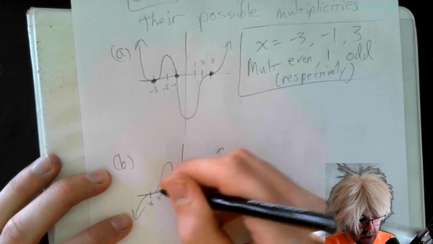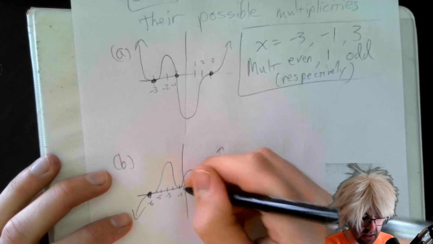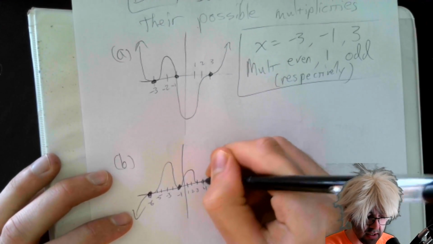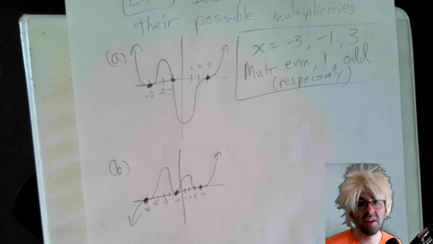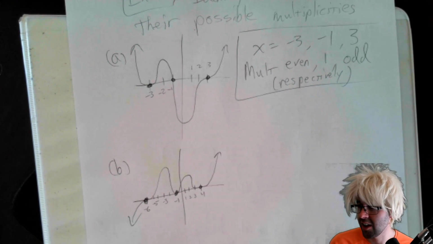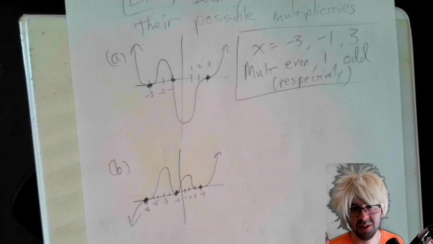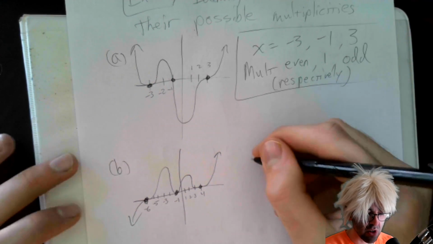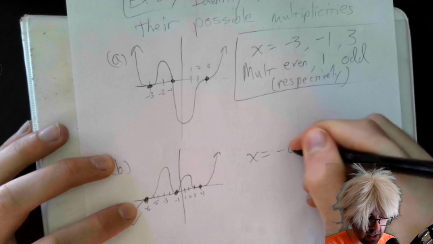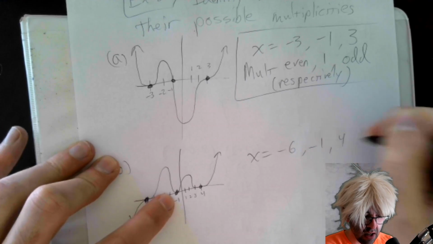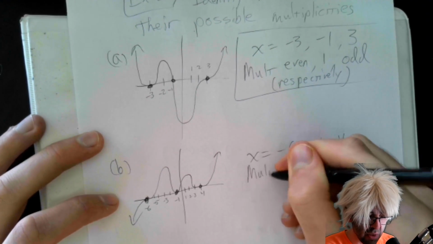So again, the zeros are just where it crosses. It crosses at -6, crosses at -1, crosses at 4. Obviously, on your quiz, you will not have hand drawings. You will have actual graphs that you will be able to read a little bit more clearly. The zeros are when x equals -6, -1, and 4. And the multiplicity